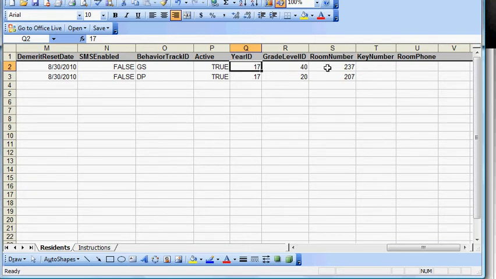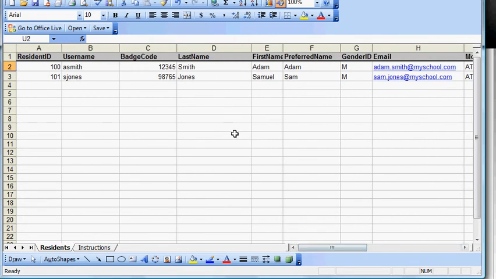And then lastly, just some additional information. Their room number, if you hand out physical keys, sometimes they're stamped with a number. You can keep track of who has what key here. And if your residence hall rooms have a specific phone number, you can include that here. So that's a brief summary of the fields that you import. Along with this template, there's a document that goes into which fields are required and length requirements, and so on and so forth. I'm going to close this,